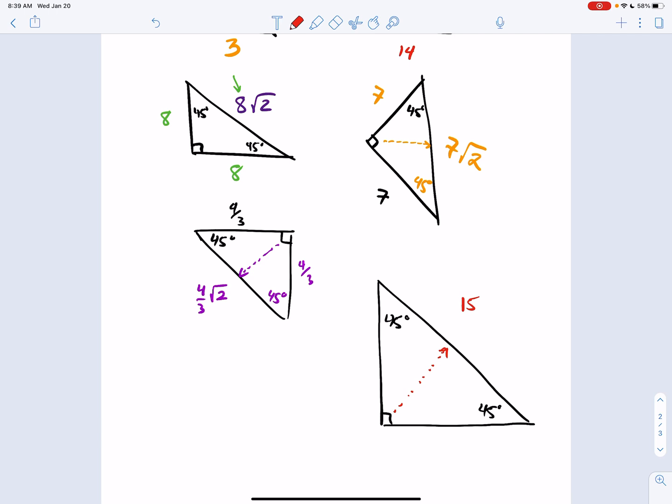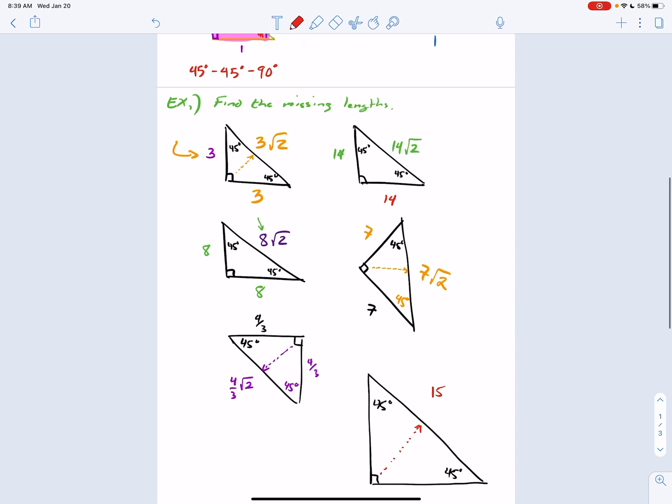And this is a little bit weird. Can you guys tell how it's a little bit weird? Pause if you need to, but think about how this is what makes this a little bit challenging. If you take a look at a 45, 45, 90 triangle, usually opposite of the right angle, the hypotenuse, I'll highlight it here so you can see it, all of the hypotenuses have what? Take a look at all the hypotenuses. What do they all have in common, those yellow highlights? They all have a radical 2, which makes it easy,